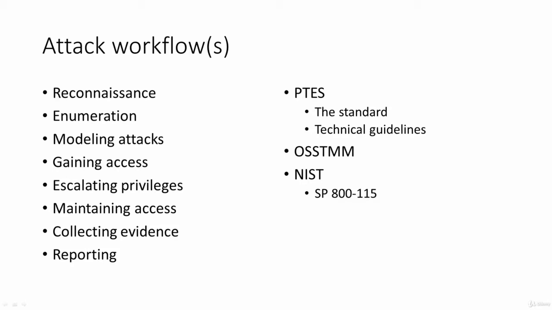So if you, for example, find something you have missed from reconnaissance in a very late reporting phase, or when you are collecting the evidence already, you are already in the infrastructure, you have, I don't know, domain admin access, you can access any database, and then you have this file share where there is a Visio file with network schematics, and you find out that you have completely missed a specific network that still belongs to the client, that is formally in the scope, but you have not discovered it during the reconnaissance phase. The situation is unfortunate, but still this happens more often than we would like to.